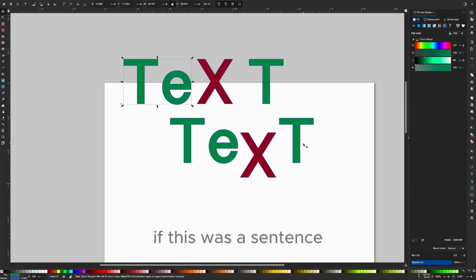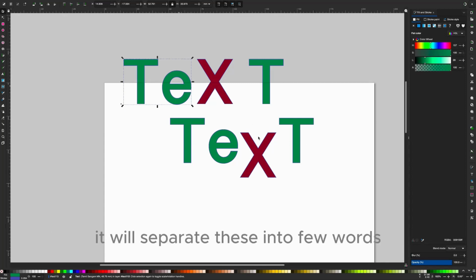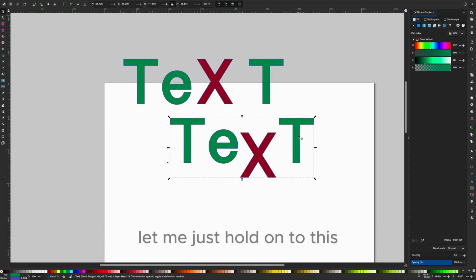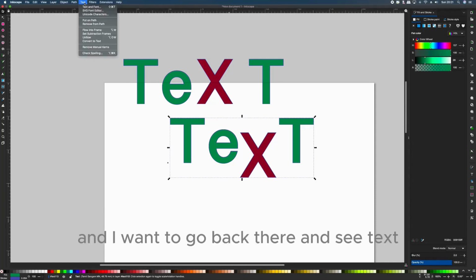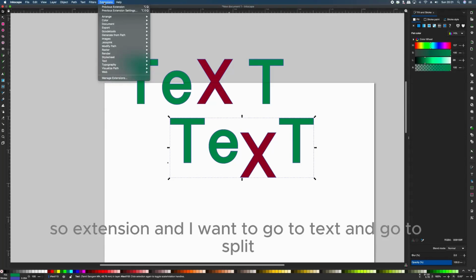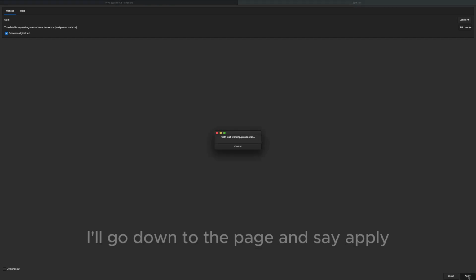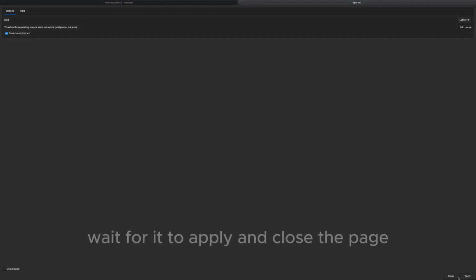If this was a sentence made of a couple of words, it will separate these into few words. Let me just hold on to this, and I want to go back there and say text, sorry, extension, and I want to go to text and go to split. Now I'm going to split letters. Now with letters selected, I'll go down to the page and say apply, wait for it to apply, and